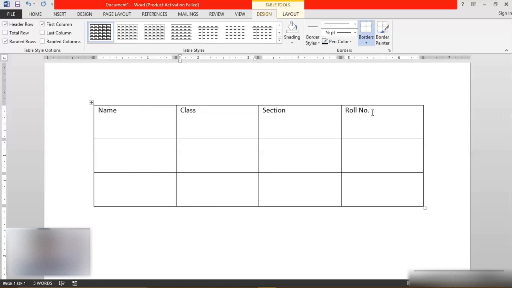So let's press Shift plus Tab, and you can see the typing cursor has come in the first cell now. So now here I wanted to add the name of the student, so I need to type "of the student" here.